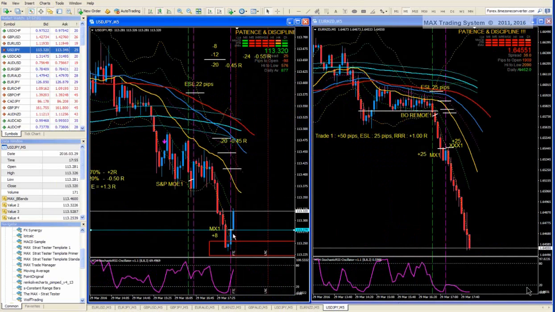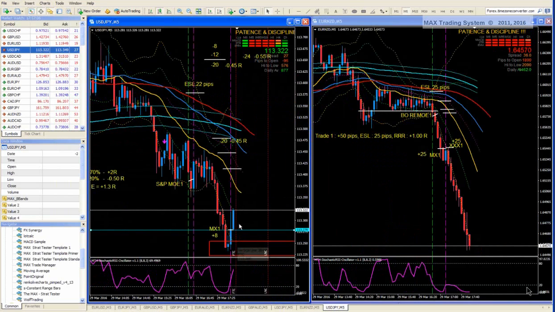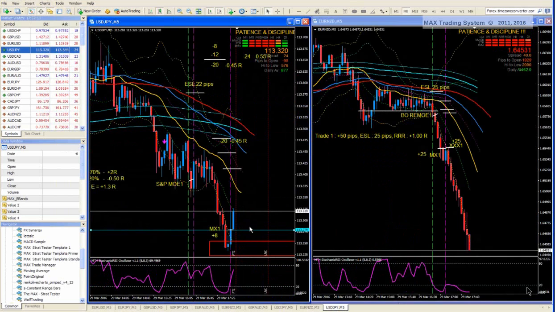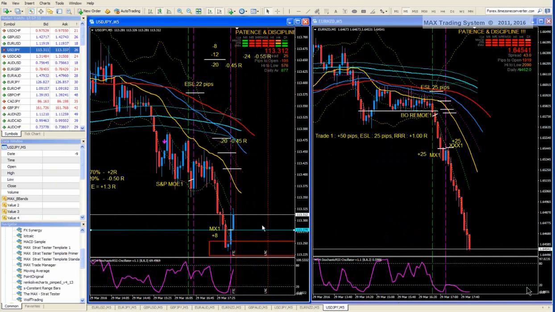Now it may happen also that the price can make an attempt to resume the down movement, and sometimes if this is the case, the bottom which will be formed, if it has the appropriate pattern, will give us a possibility to exit the trade before any other exit techniques trigger.